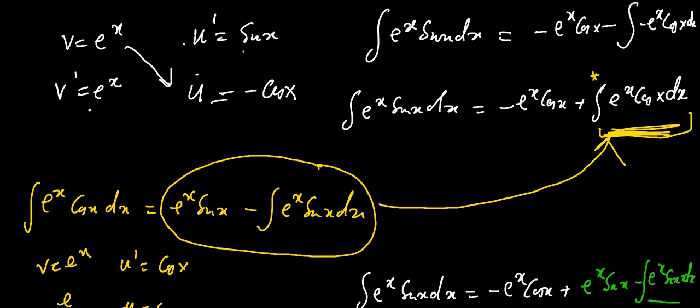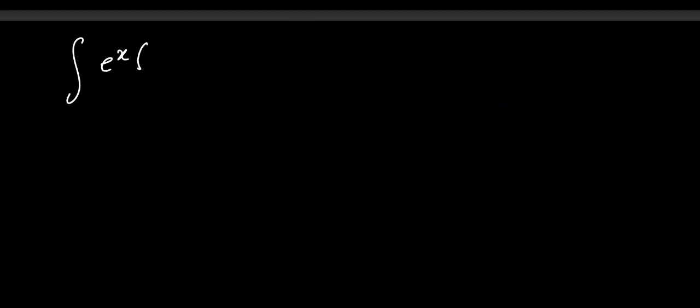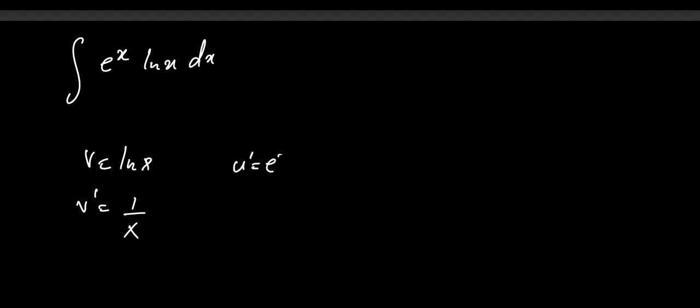The other example that I wanted us to do is e^x then ln x. So you have e^x, then you have ln x dx. So here we'll choose our v to be our ln x, so that the v prime can be gotten easily as 1 over x. Then this side you're going to have our u prime, which is just e^x, whose integral is also the same thing. This is again e^x, so if you replace, that's e^x ln x minus the integral of e^x, then we have